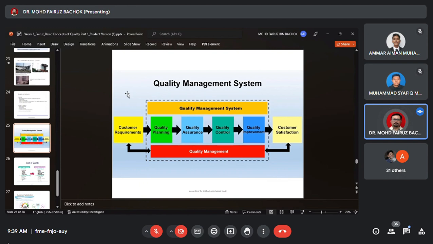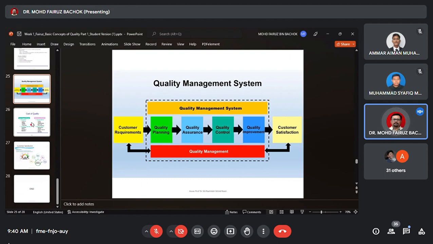Okay, in the large scale, you have to follow this process of quality management to come up with a quality product or quality service, step by step. Start with the customer requirement, and then quality planning, quality assurance, quality control, quality management, and last with the customer certification. It's like a continuous circle, and the process will end when the customer certifies the product that has been developed by you. So everything is according to the customer certification.